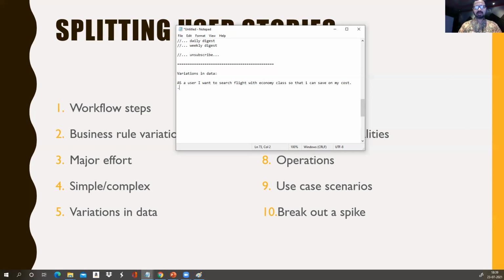Now, the next one could be, as a user, I want to search flights with premium seats, so that I can have a comfortable journey. Okay, the next one could be premium seats as a user.